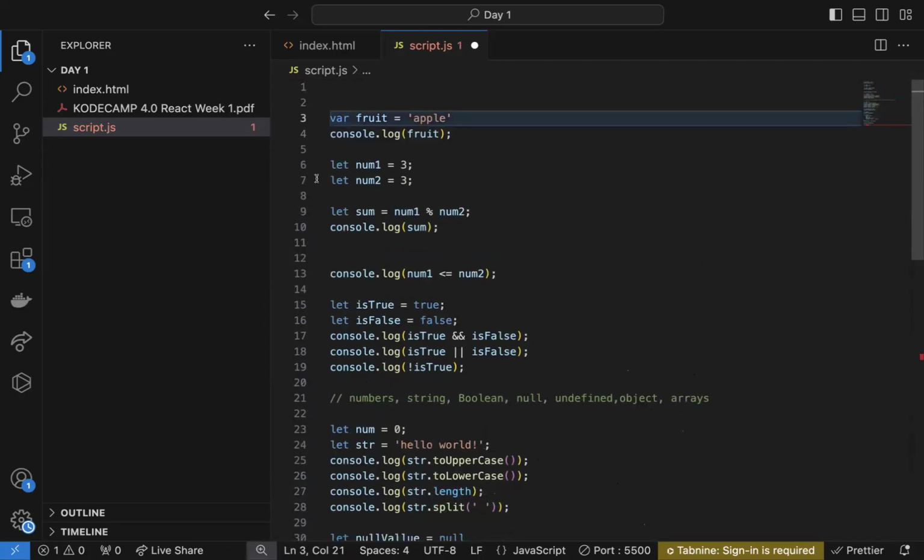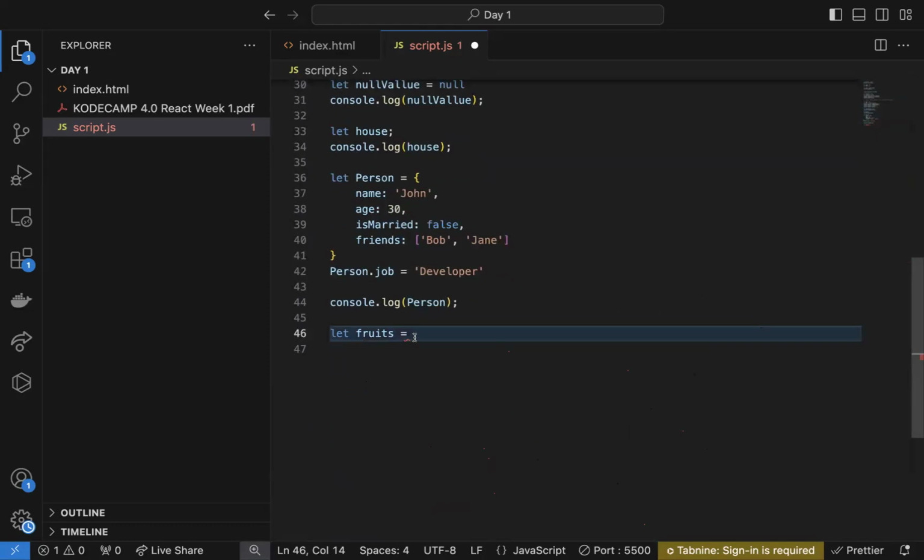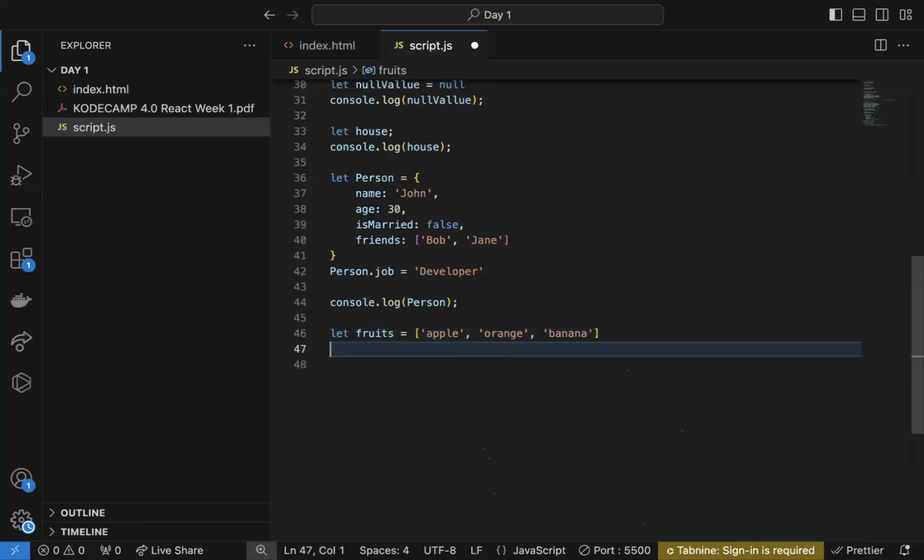Let's take that out. So let fruits equals apple, orange, banana. Okay. So for this now, if we console log these fruits,